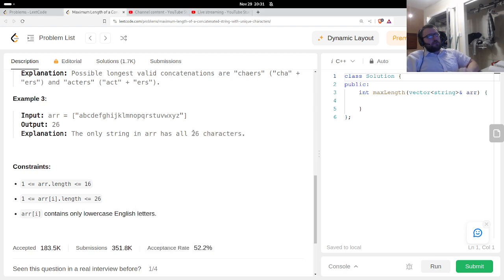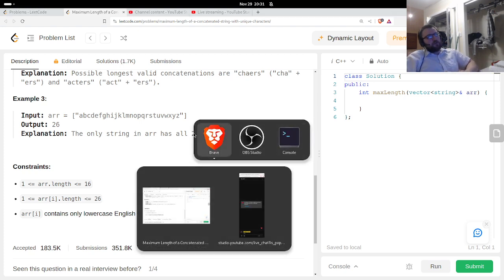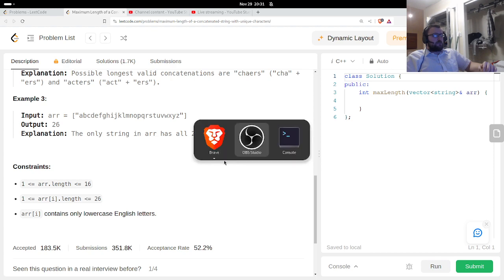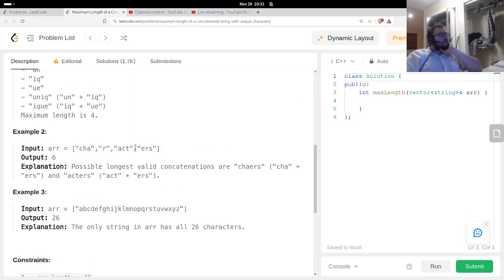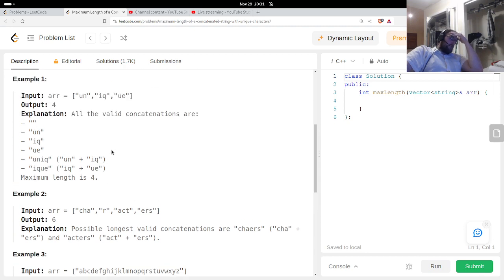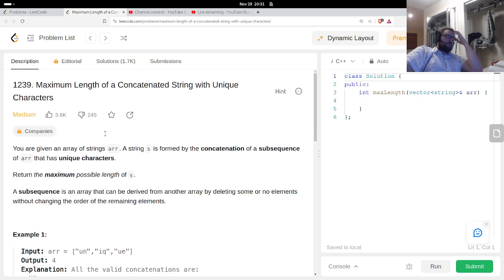I feel like even if you brute force this, it's going to be pretty quick. But I think you could do a slightly more clever approach that's very fast. I'm not sure exactly how I might want to do that. Let's see.